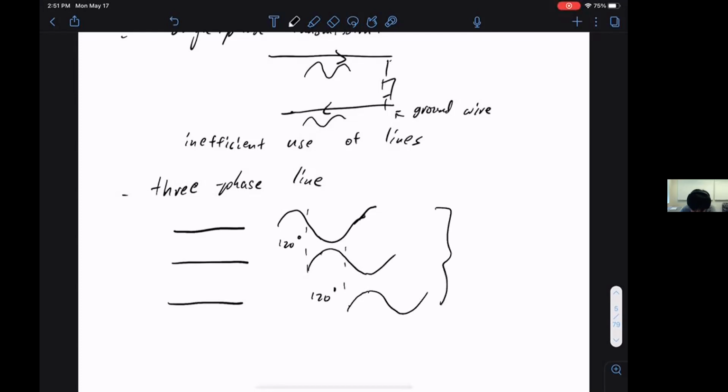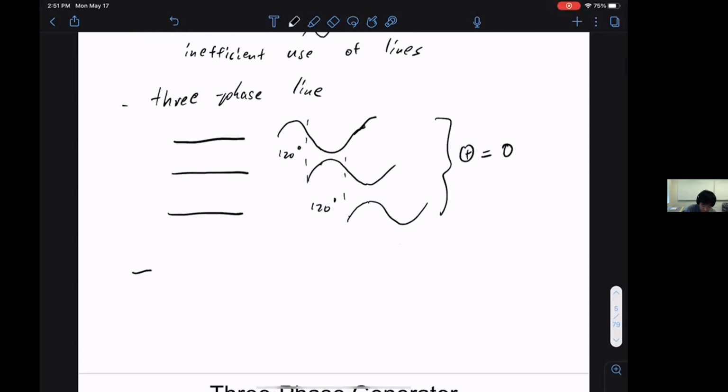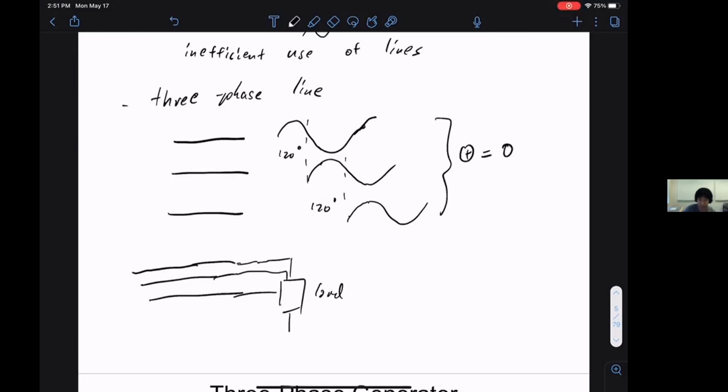It turns out when you sum all of this up, this all sums up to 0, identically 0. Okay, so we have three phase lines like this, you sum up across identically 0. So this says if I have a system that's basically having three lines all carrying power to, say, a load. So you need to be careful how the load works, but let's say you have three lines carrying power to a load. Then ideally, you do not need this return path, because if you do it this way, what happens is,